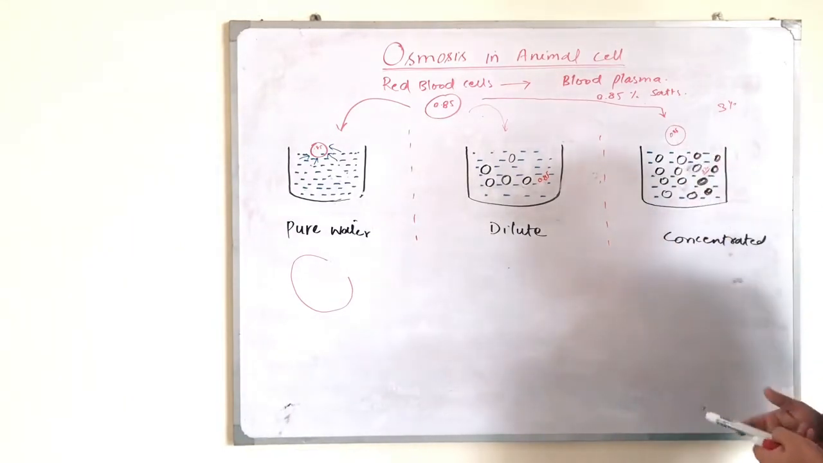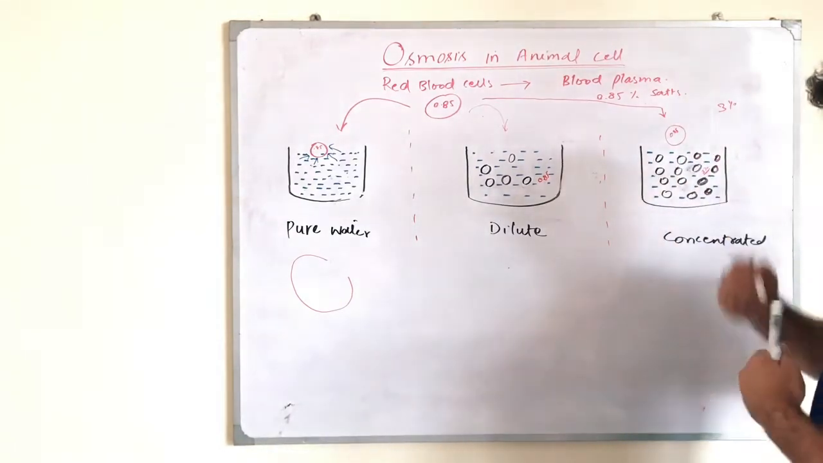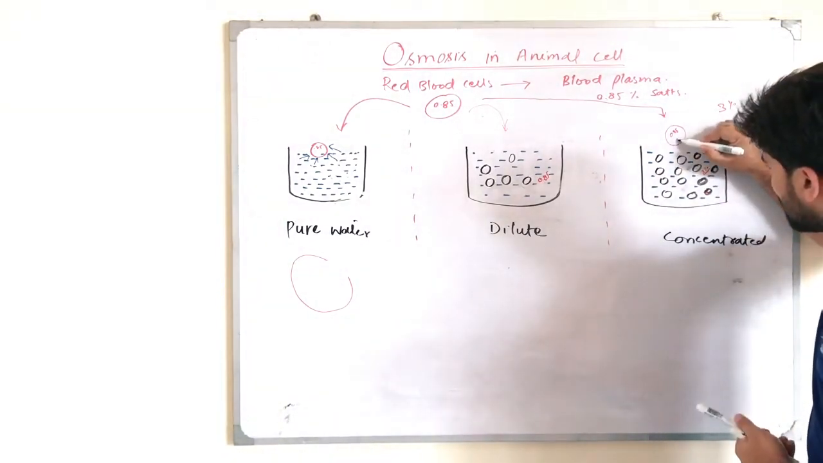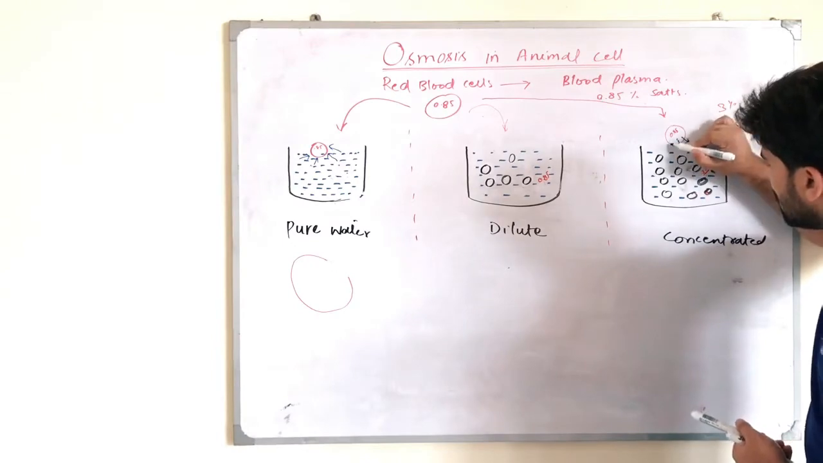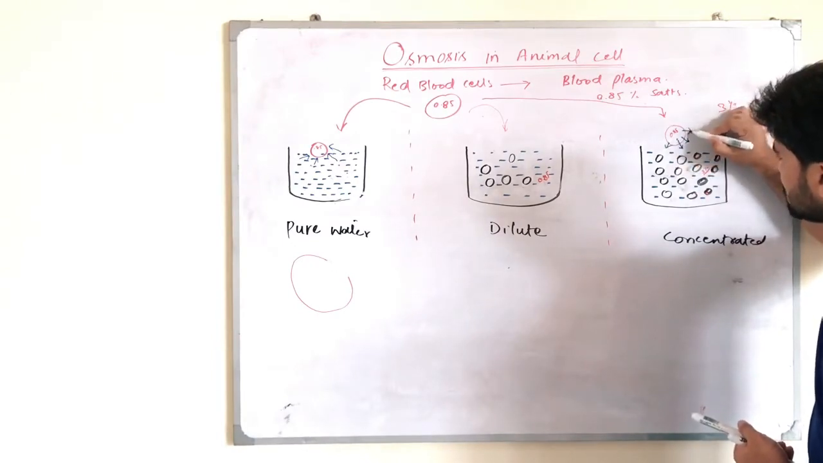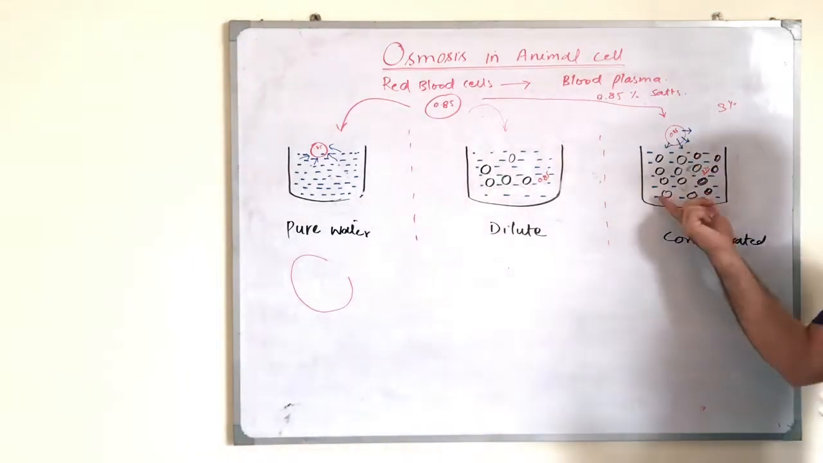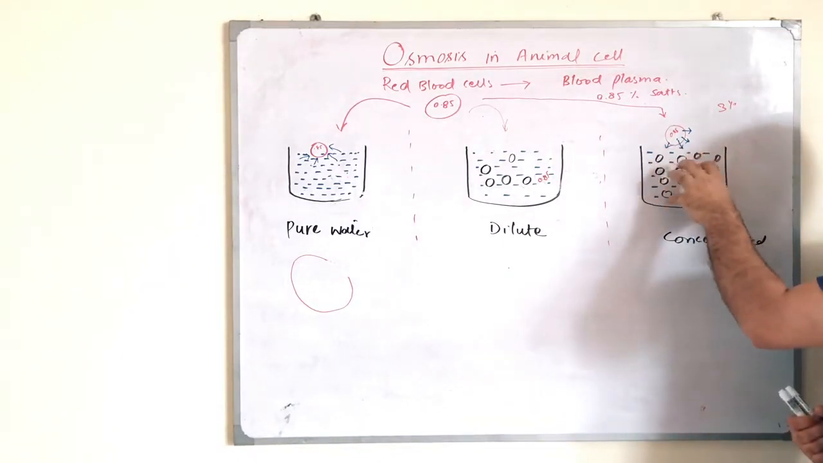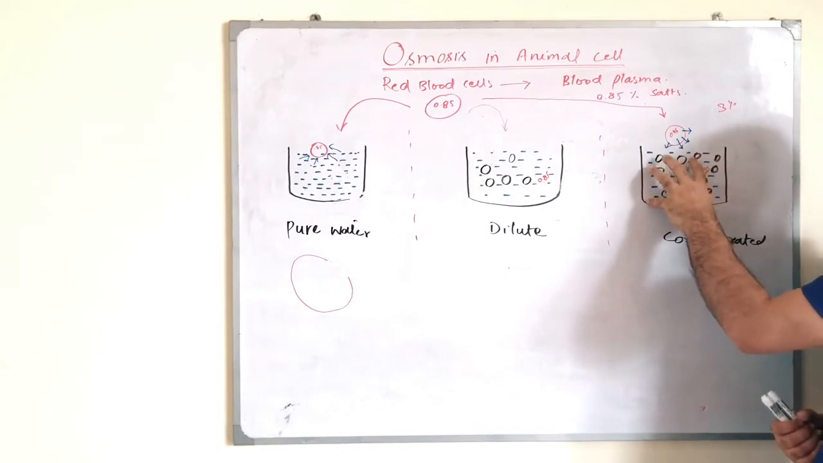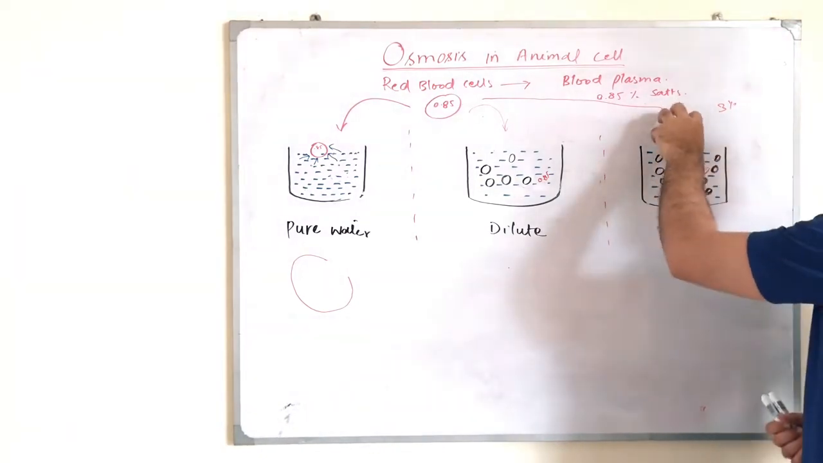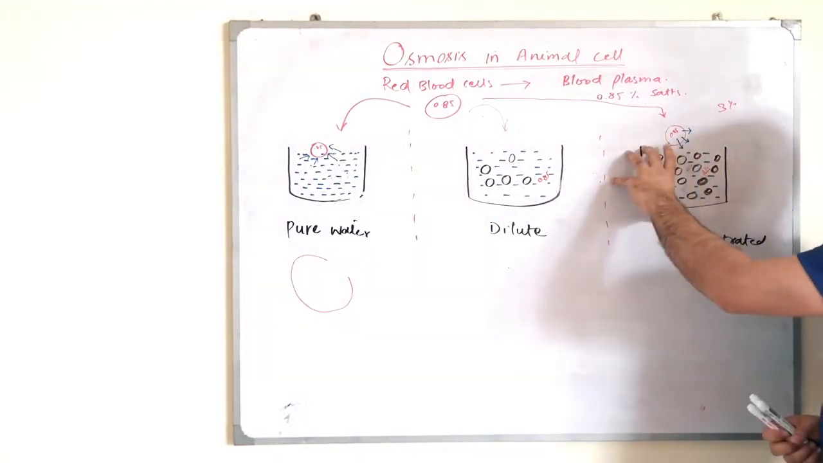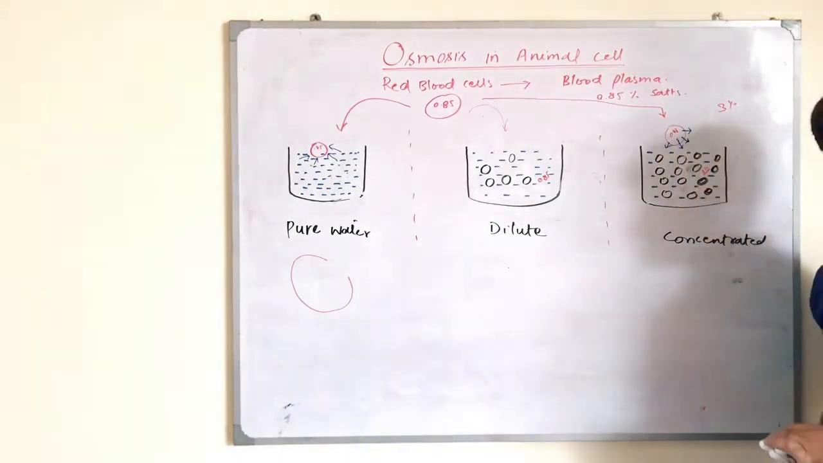And what will happen to this red blood cell? The water molecules will move from the higher water potential to the lower water potential. Why is there a low water potential? Because it has a more concentrated solution, right? You are getting my point? And the red blood cells, as compared to this beaker, have a less concentrated solution,